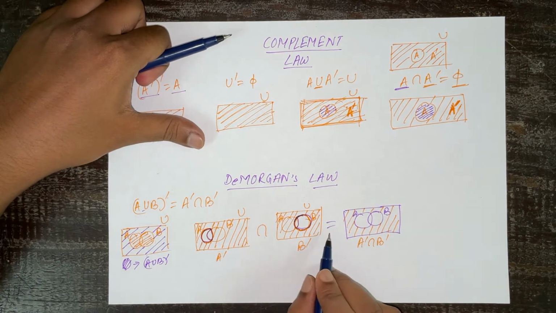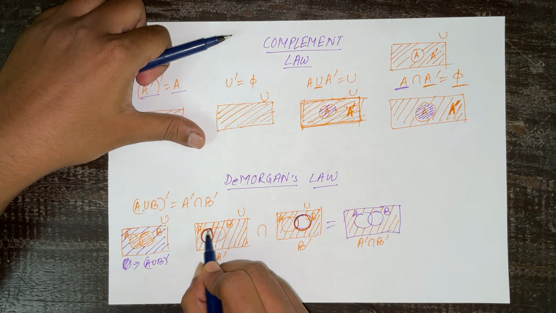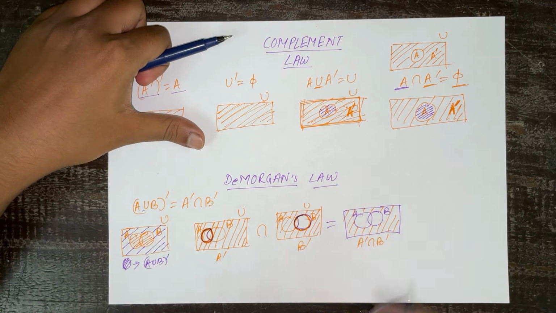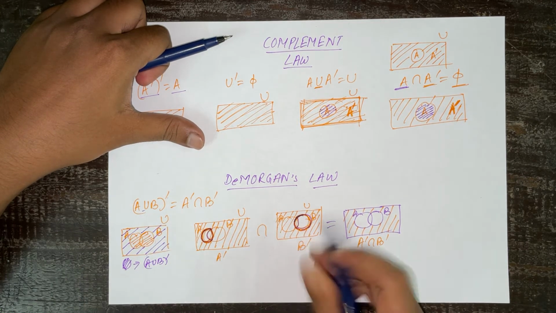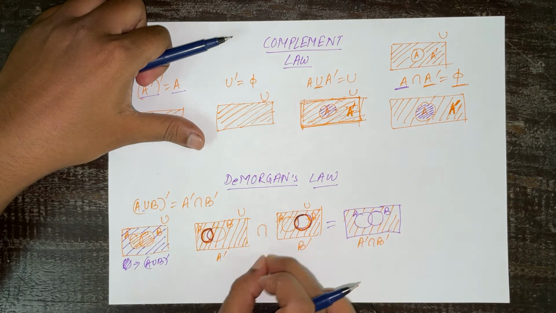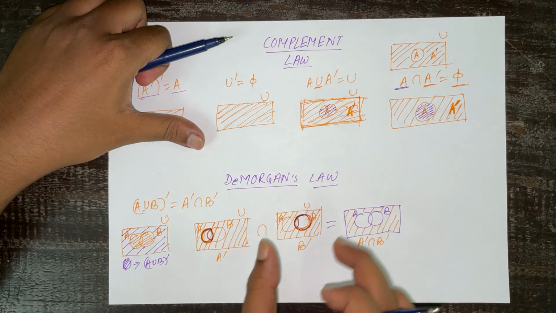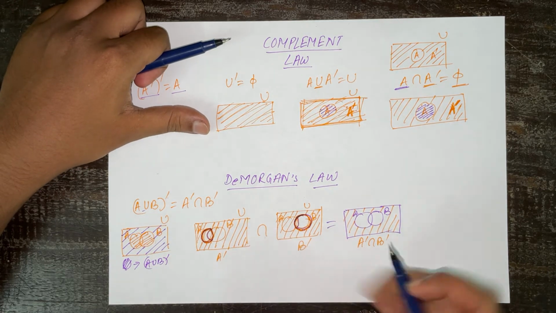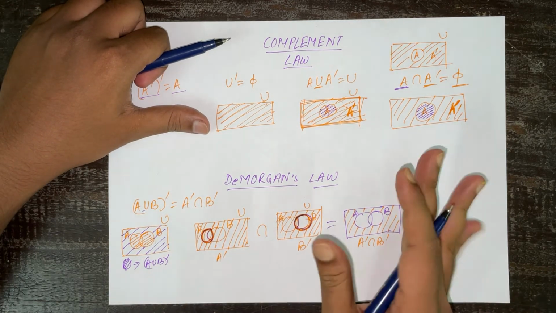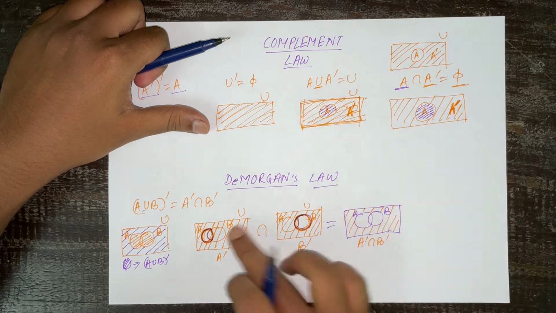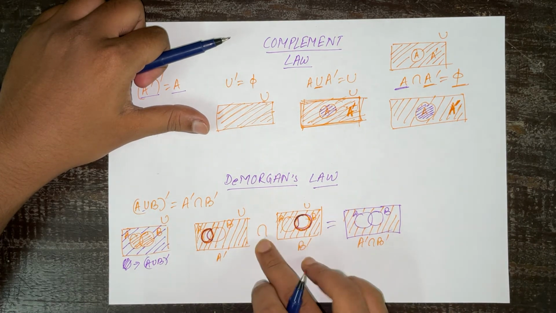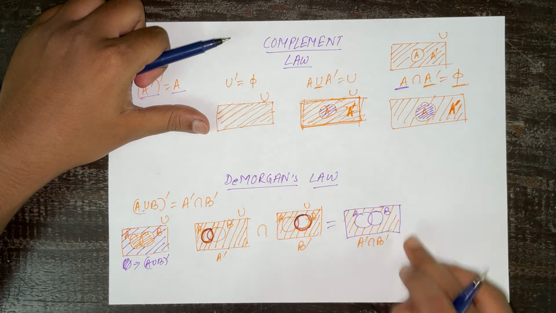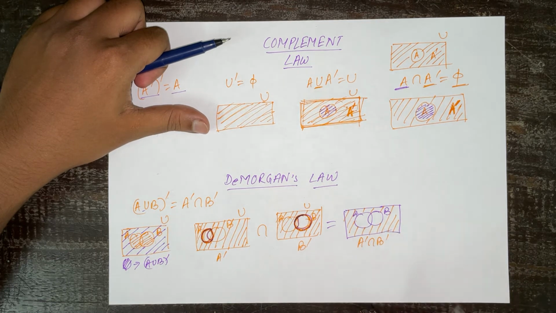Can you see the difference? Here we did not include A. A was not included, everything else. Here we did not include B. Other than B, everything else. And when we combine these two, we try to find the common region, not the union. So the common region is other than A and B, because here A was not included, here B was not included. So we can't have anything from A and B in the common part. So remove A and B and everything else is the complement region.